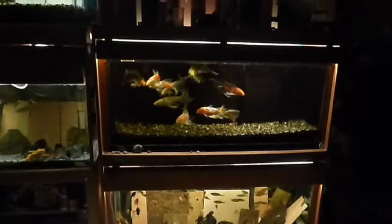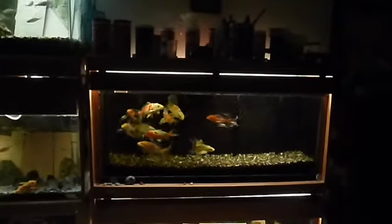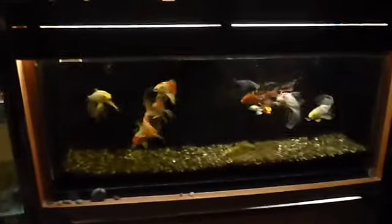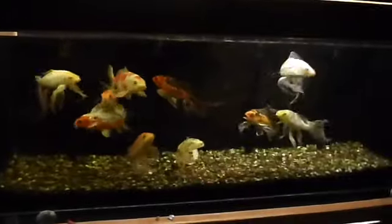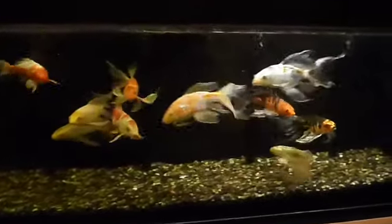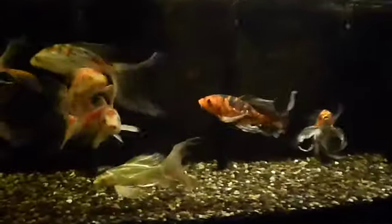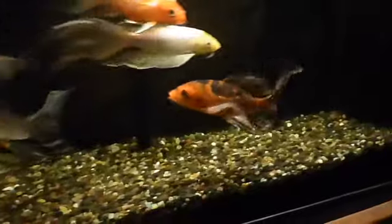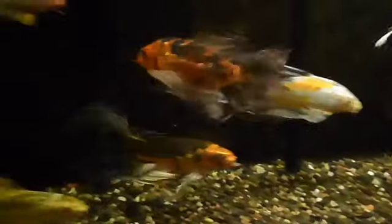This will just be a little update of my 10 koi in a 50-gallon aquarium. It's been going on for years now. I got a little neglectful doing my partial water changes, and one of my koi, Gravel Eater, was actually losing part of the lower part of his tail fin. You can see there